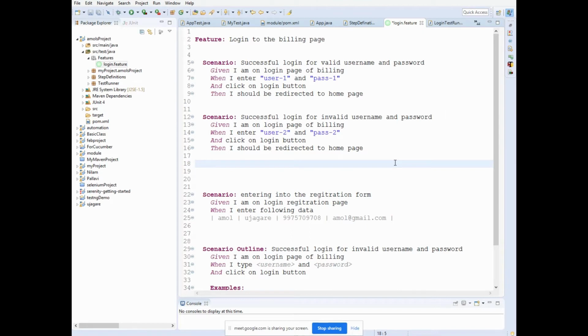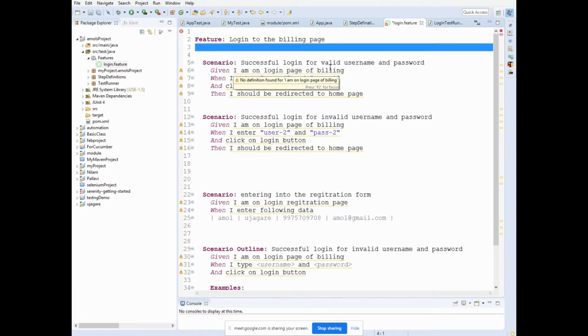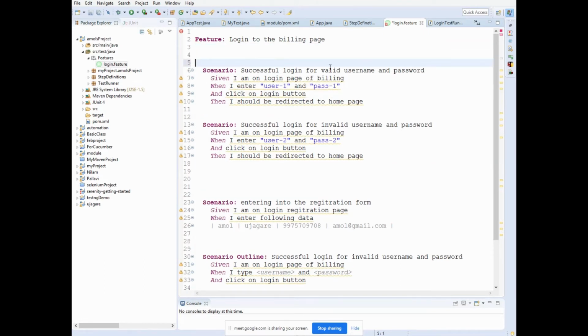So similarly, I'll tag these scenarios like this. For example, at the rate, let's say this is my login. Okay, and I'll give the same tag name here.